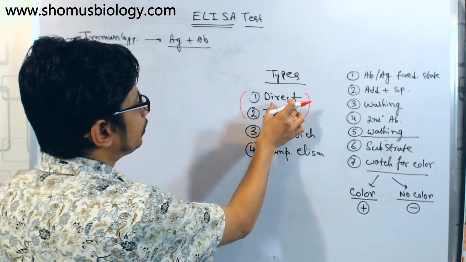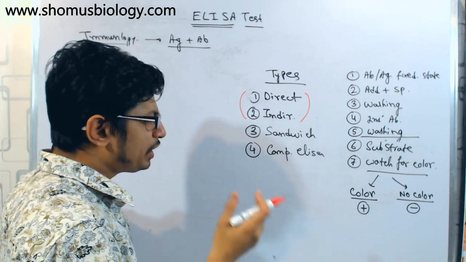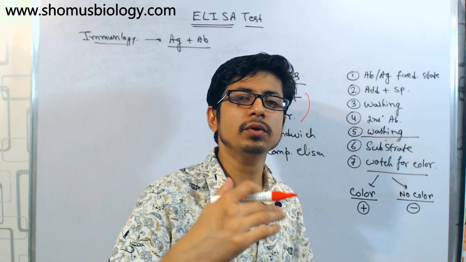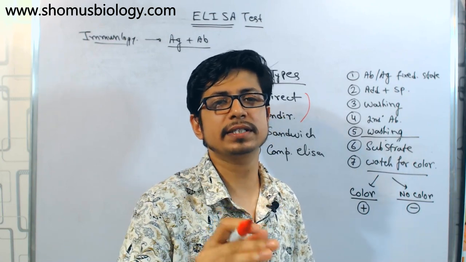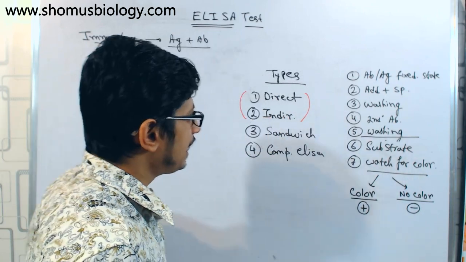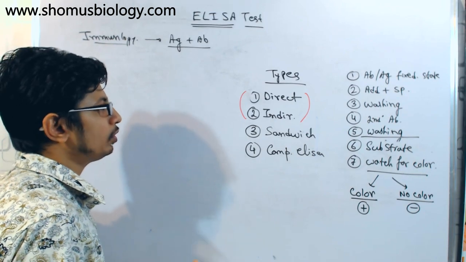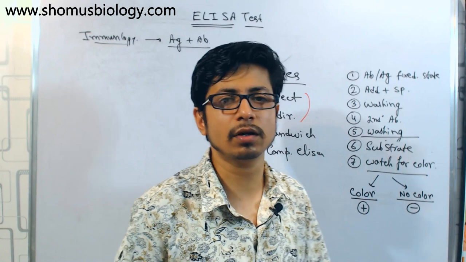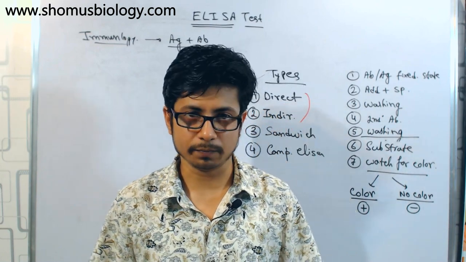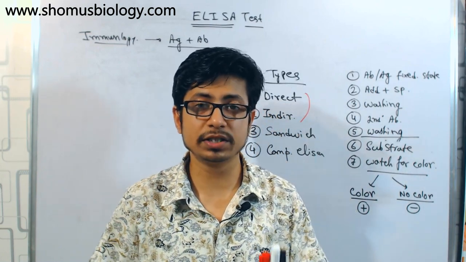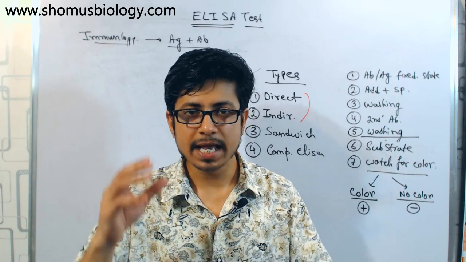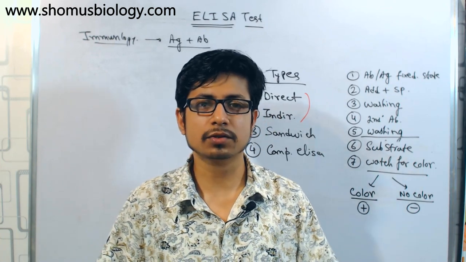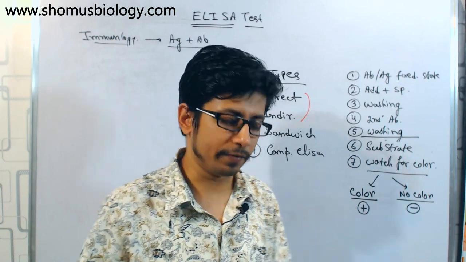If you want to know about direct and indirect ELISA test, you need to know the basics of ELISA test, and I want you to go through my video on basics of ELISA technique first. Remember, in that video I told you there are several different stages of ELISA assay. The assay depends on the immunological interaction between antigen and antibody, which is a very specific interaction, and due to this specificity the test is very specific. It is also simple and very diversified.